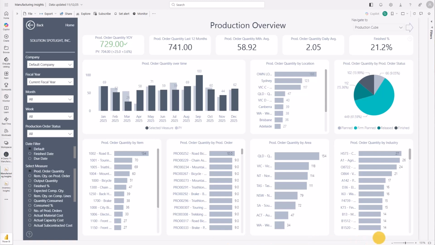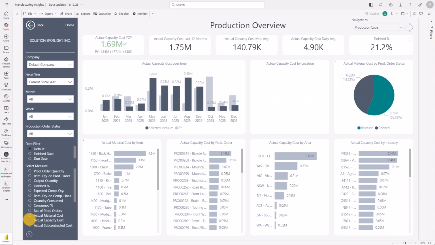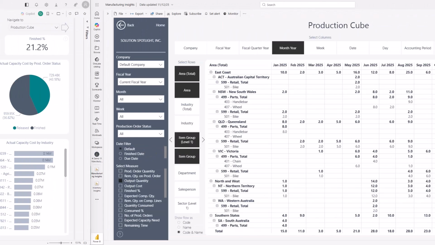You can quickly change to actual material or capacity cost and dynamically change the metric and instantly update the visuals, and that can be seen for due date or finish date depending on your business requirements. This report is great for that quick snapshot of your production. Let's move on to the